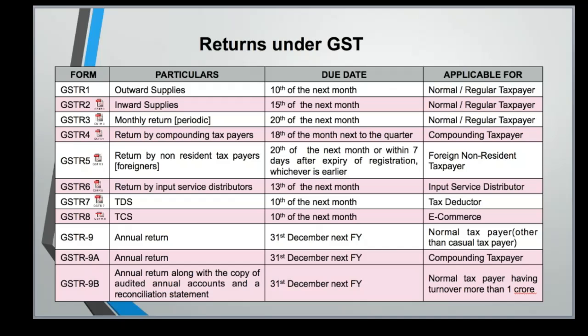Mr. Vipul, is there any specific format for every challan? Sir, no specific format. I told you it is only a serial number. Old excise law, capital goods credit was 50 percent this year and 50 percent next year. What is the provision in GST? Sir, GST gives full credit on the receipt of goods. So two conditions: you should have received the capital goods and you should have the original tax invoice. If you have satisfied this, 100% credit is allowed in the first year itself.